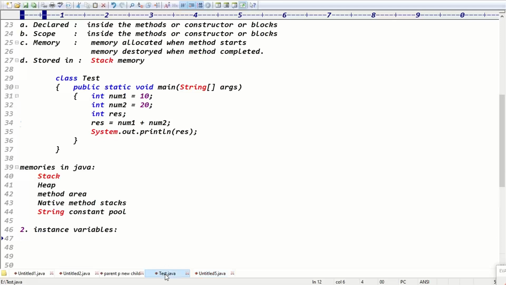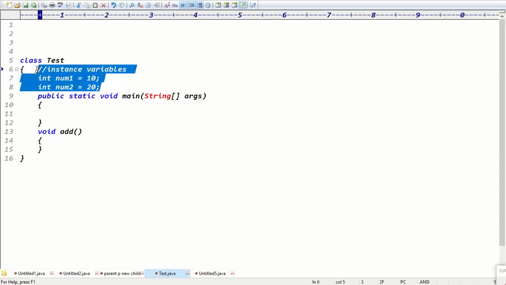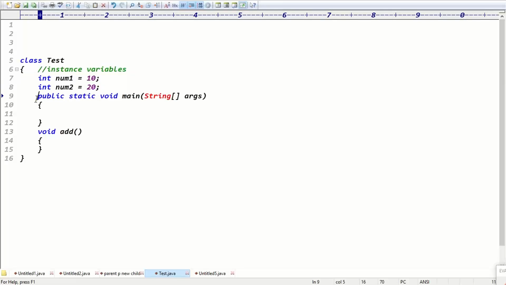Main is a method, like that the class contains multiple methods, right? Exactly. To understand that point, can I define one more method, void add method? Inside the add method, I can write some logic here, right? Exactly. There's instance variable, the variables which are declared inside the class are called instance variables, and we can access this instance variable throughout the class. Throughout the class means the class contains one method or multiple methods, multiple methods and constructors and blocks, right?